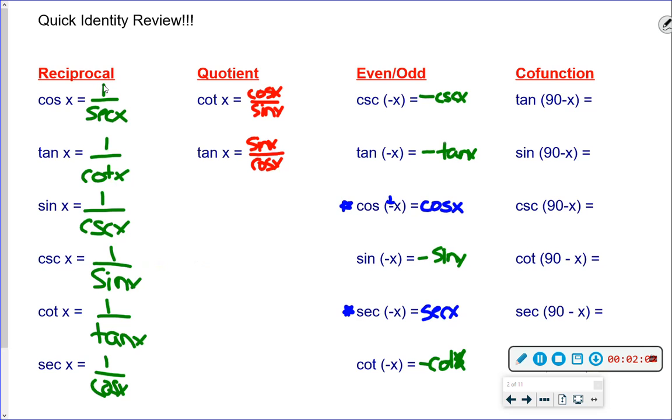The cofunction of tan is cotan. The cofunction of sine is cosine. Cofunction of cosecant, take the co off, secant. Cofunction of cotan, take the co off, tan. Cofunction of secant is cosecant. And then the cofunction of cosine, take the co off, sine. There we go. So again, those are all on the sheet, but we're going to see those more and more